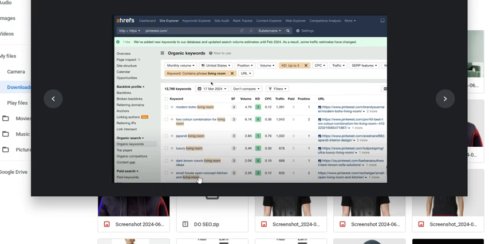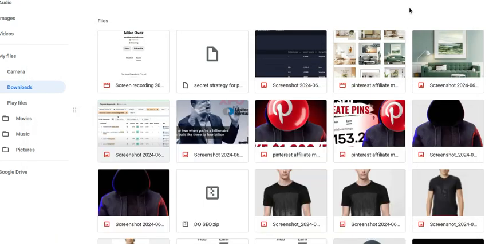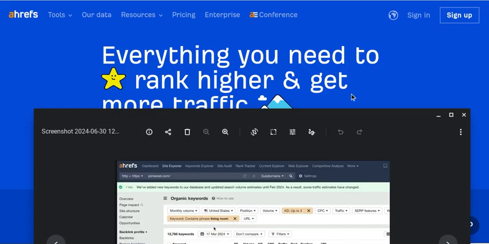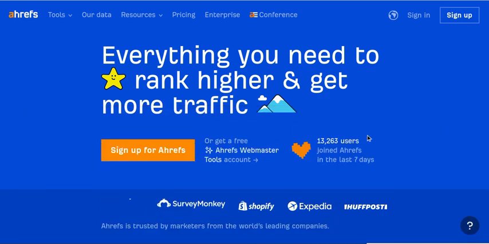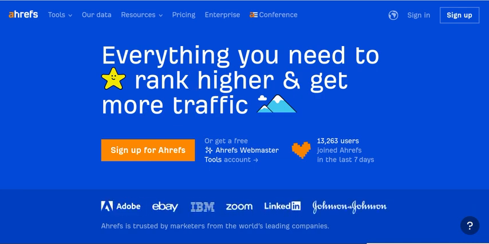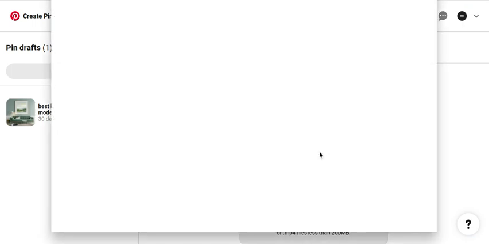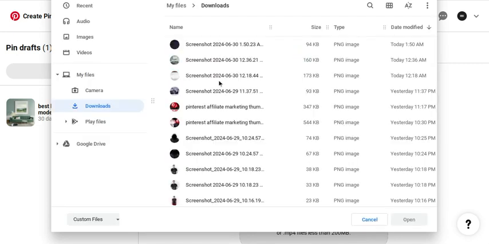and living room. Ladies and gentlemen, I want to show you something. This is a very great tool that you should not miss or abandon. This tool has the possibility of ranking higher and getting more traffic for every post you post, every pin you post on your Pinterest account. If you want to post a pin, like for example, you come here and you pick up something like